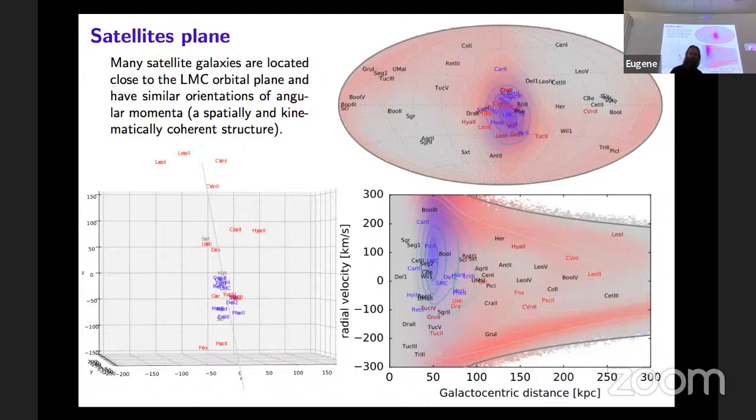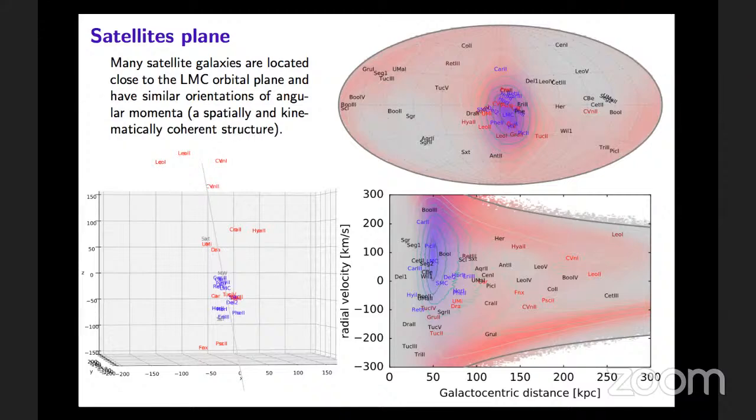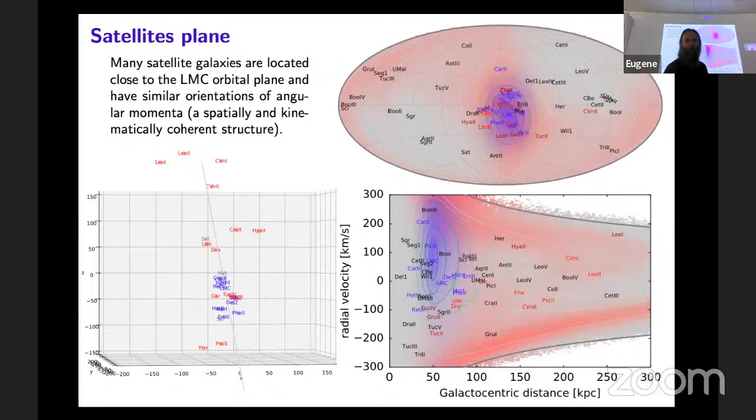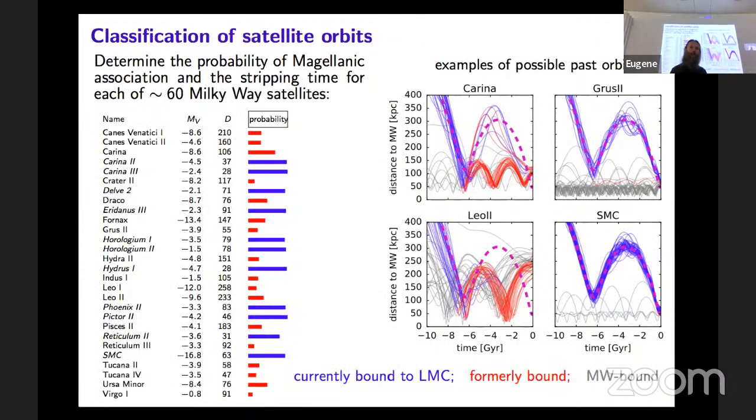The caveat here is that I cannot formally estimate how likely it is to produce the satellite plane in the first place. It's quite natural that the debris stripped from the LMC would populate the same orbital plane. Or if you find galaxies in this orbital plane, they might be coming from the LMC. So what this analysis gives you is the conditional probability that any given galaxy comes from the LMC system, given its present-day position and velocity. And this conditional probability is around 50% for a few galaxies. So in that sense, it explains their position, but it doesn't explain the existence of the satellite plane